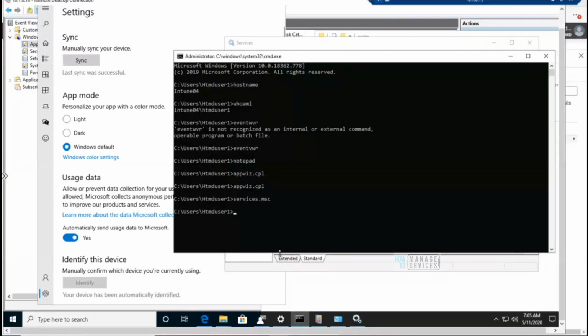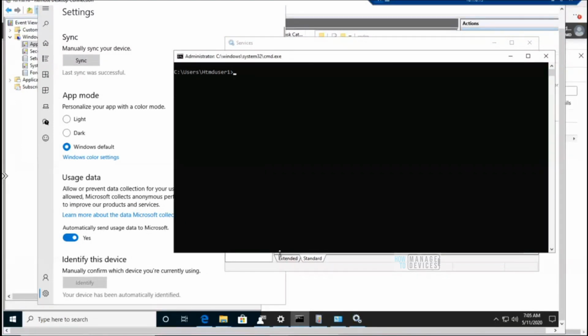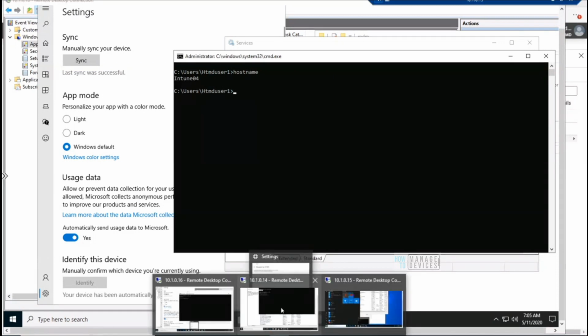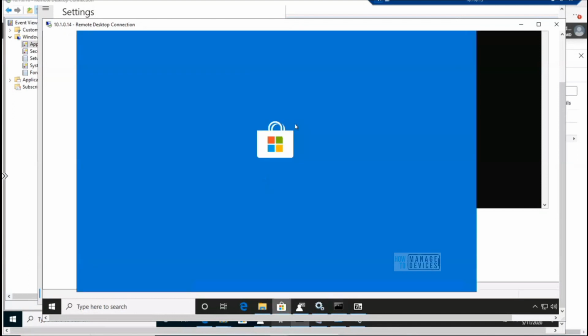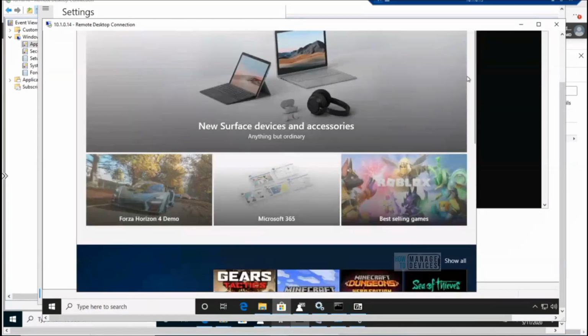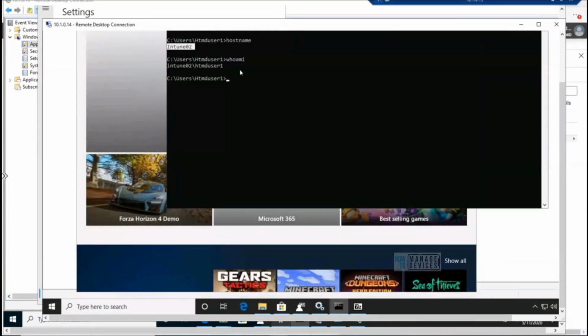Let me clear this. Middle one, Anup, it's in the middle. Okay, thank you. This is 04. Okay, 02 is the middle one. Thank you for that.